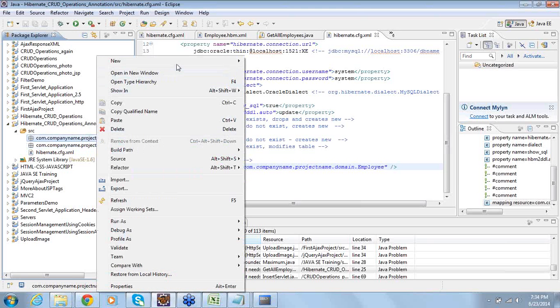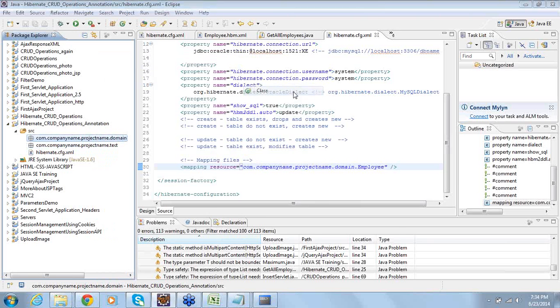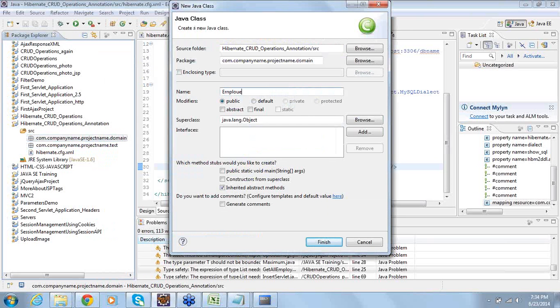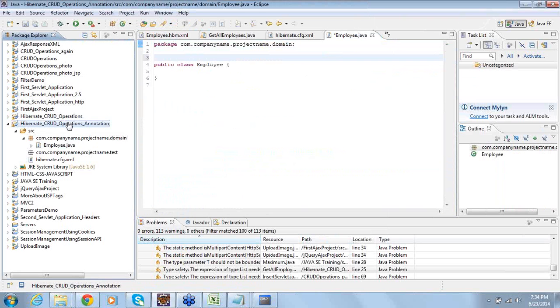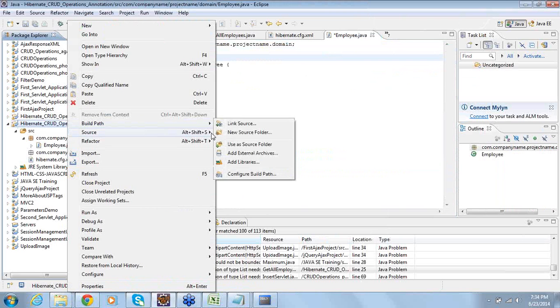Then in the domain I'll create a class Employee. I click on Finish. Now I need to add jar files, right? Right click, build path,